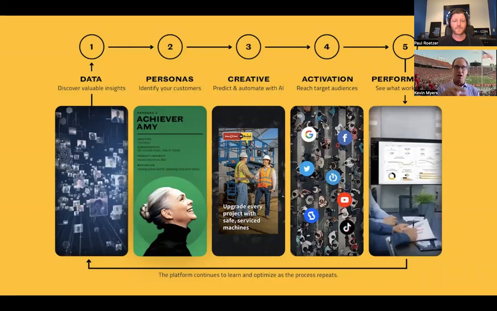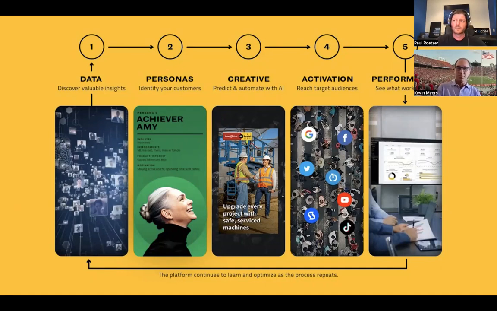Again, we are not automating the creative, we're scaling it and making sure it's mapping to those interest triggers and behaviors. We activate omnichannel, and then we measure and give dashboards that you'll see in a moment here to prove